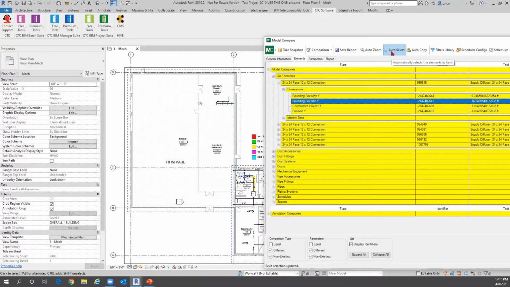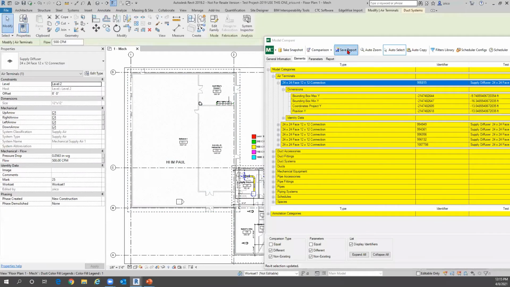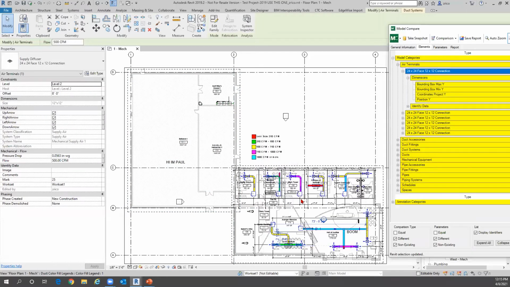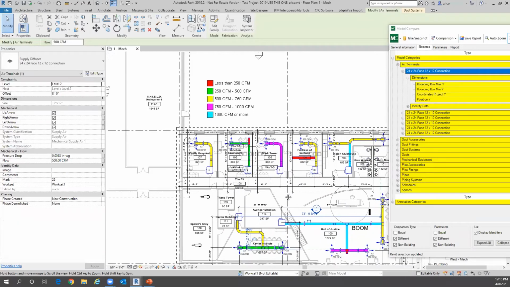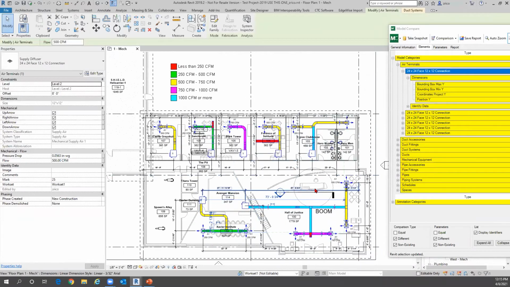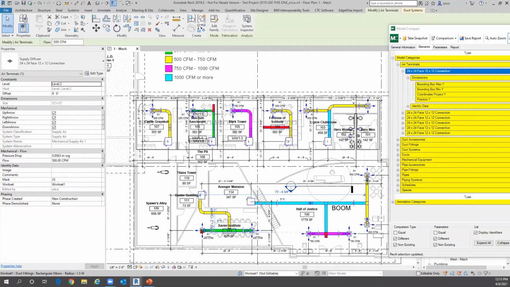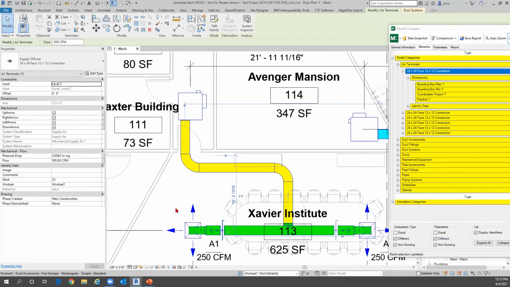If I select auto select, it basically picks it out for me and all this other information. So when I go back to my model, I can see, oh yeah, hey, it's this specific one right here that's being used and being worked with and adjusted and utilized. As you can see right here, this is the one that we're basing it off of. So continuing on here,